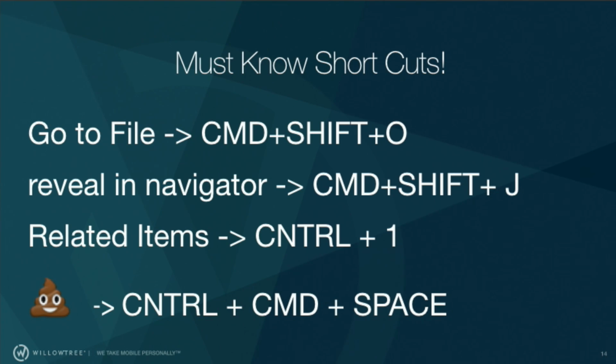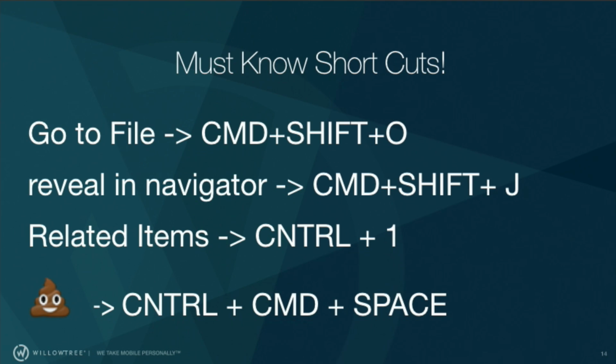So that's become a lot more helpful. Reveal in Navigator is also a really useful tool that I use a lot, especially being on big projects with huge code bases, because when you get into debugging and you get deep into the code and you're in a file and you're like, where does this even live in my project? Command-Shift-J will show it in the Project Navigator where it lives. Even if you don't have the Project Navigator tab showing, it'll go to the Project Navigator tab and highlight where in your directory structure you have that.